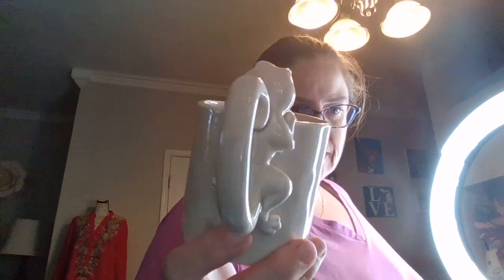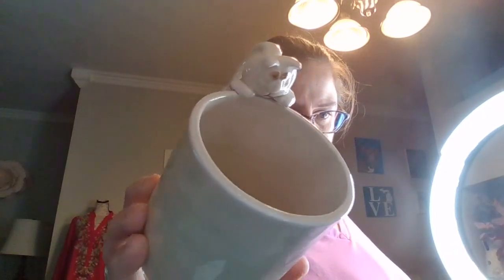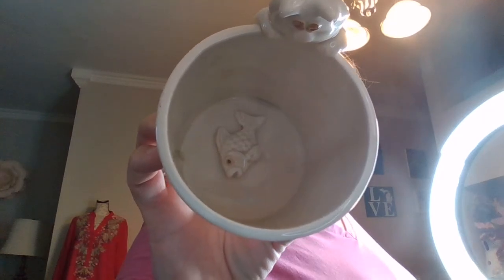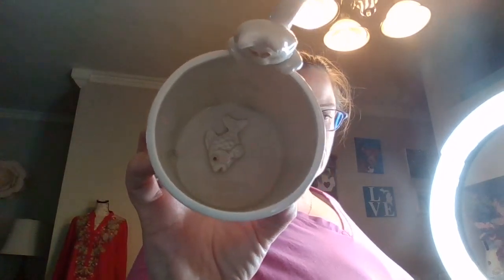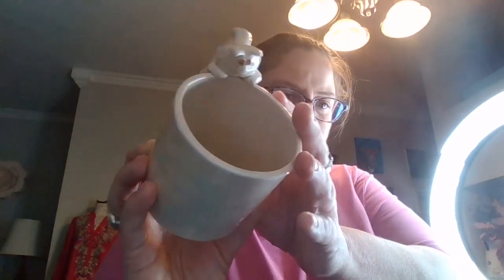And then look at this. Of course, this is Fitz and Floyd. Look at this cat, right? His tail. Look at that. And he's looking in and there's a fish. It's a catnip mug. He does have a little chippy on his ear, but I don't care. He's cute. I love Fitz and Floyd's older mugs. They just are very fragile. I mean, that's not why I love them, but